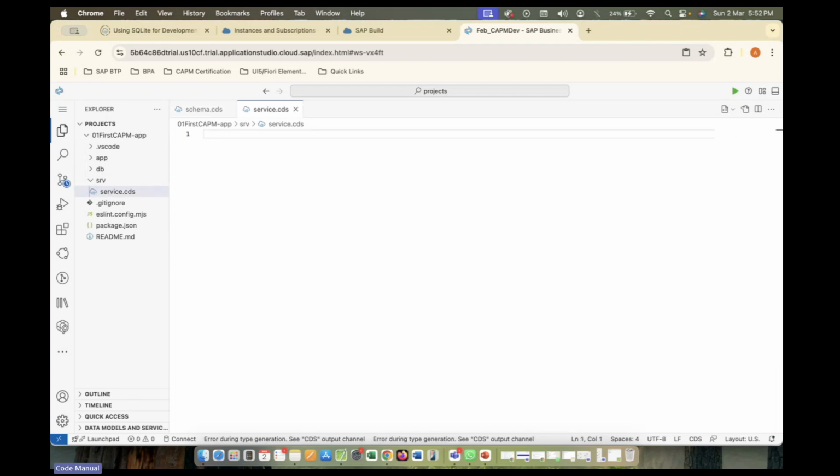Okay, in this service.cds, I'm going to call this namespace using... what is the namespace I have created? Customer.data.model. I'm giving it a small name because we have this big name. There's a namespace, and I'm just giving a small name as cust. Okay, alias name